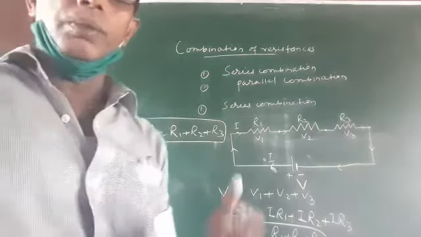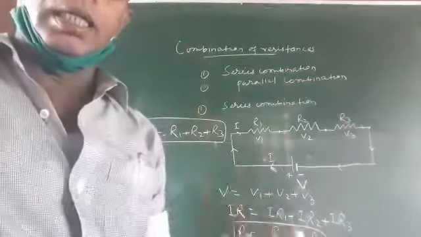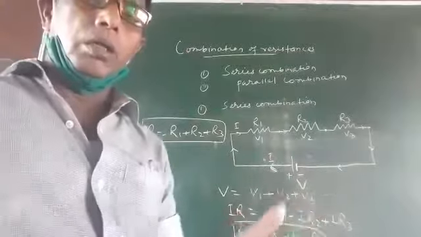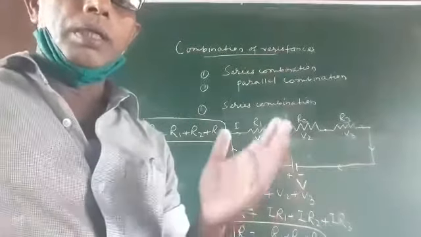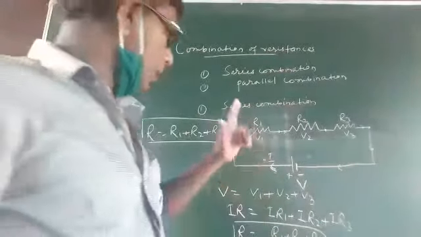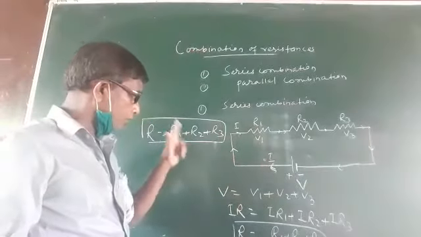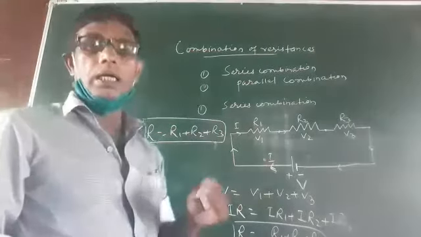This means if two or more resistances are connected in series, we have to calculate the total. After getting the sum, we have to add all the three or four resistances to get the answer.